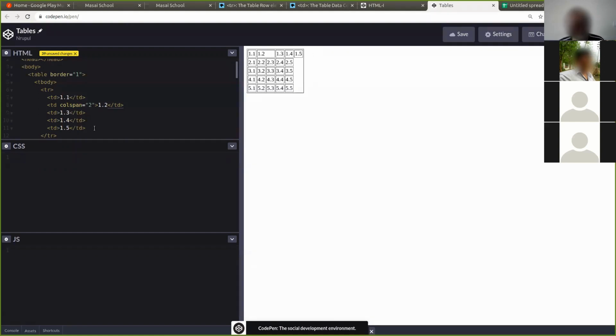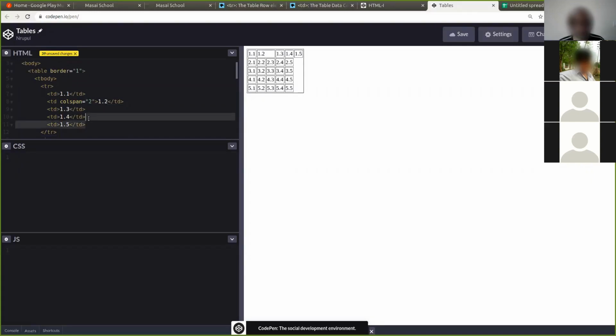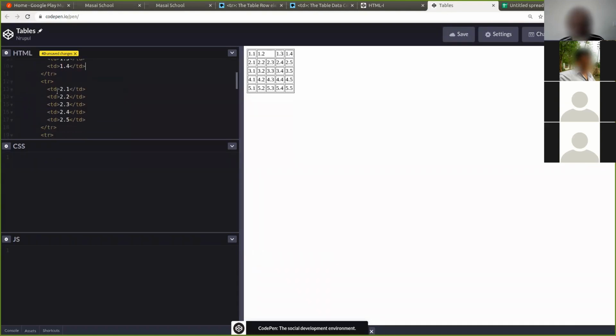But if you are trying to extend it, you can do it. But if you want this kind of layout, in those cases you will have only one like this. Now try to do it in the second fashion. I'll put the colspan is equal to 3. I can see it gets extended to 3, and I will remove it. So you can see it got extended to three columns.